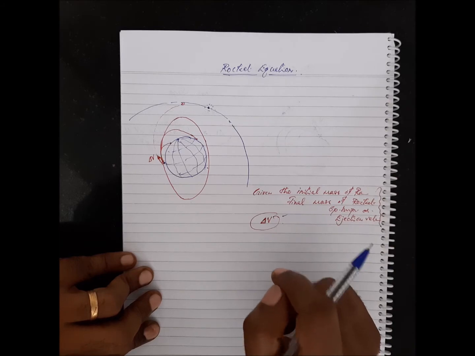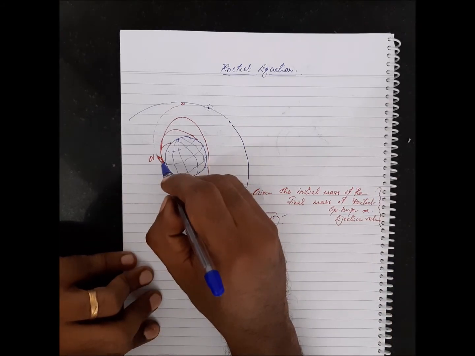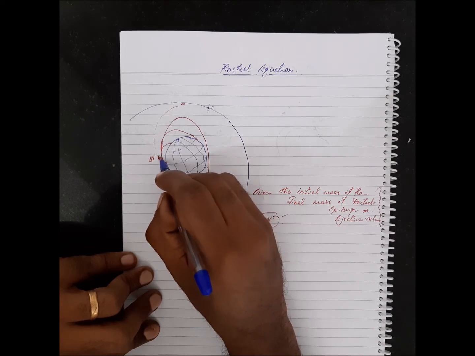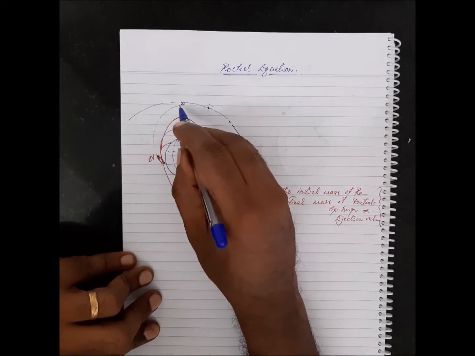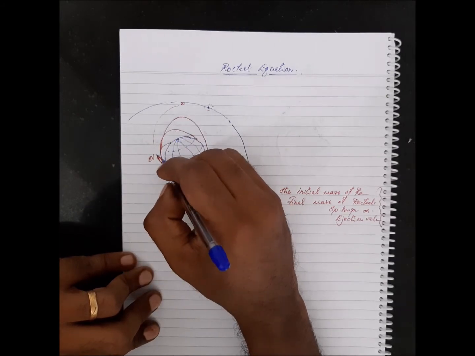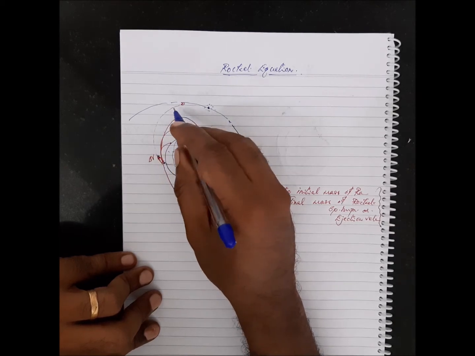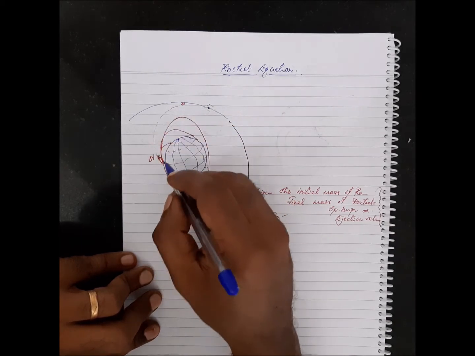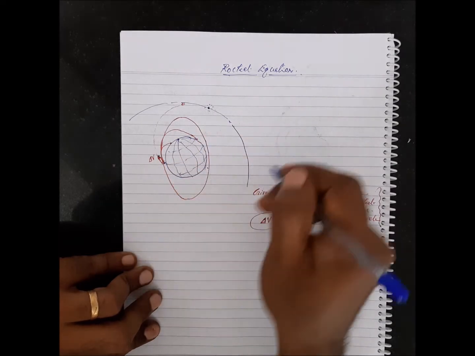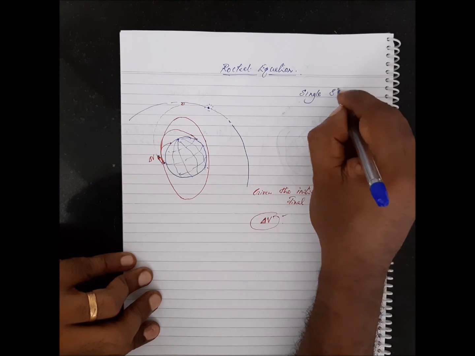Now, the second thing I want you to think of is you have actually two options. One, you can use a single structure rocket so that you can go all the way up here in a single one shot. So from here to here you have just one single rocket, and throughout this path or trajectory you're using just one rocket, single stage. So that is called a single stage rocket.